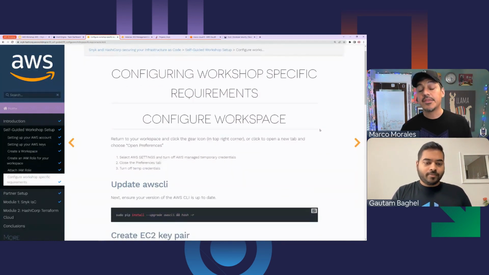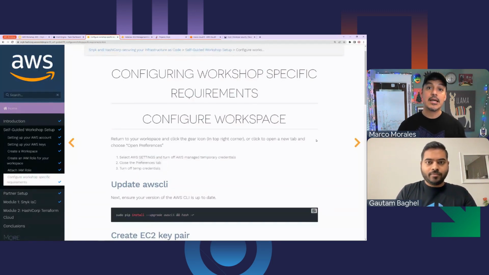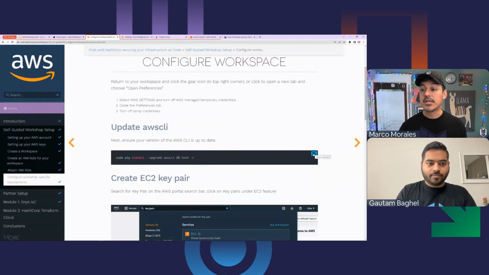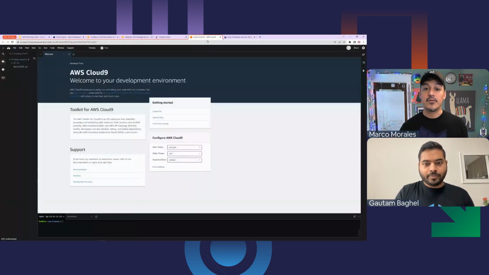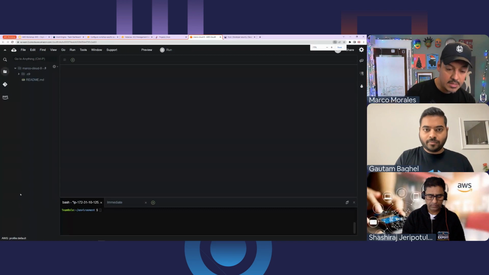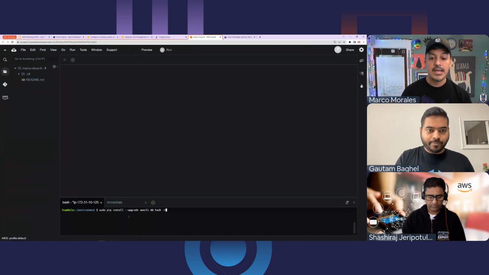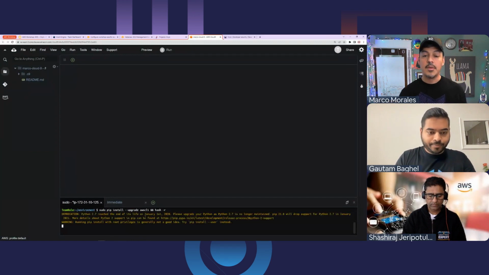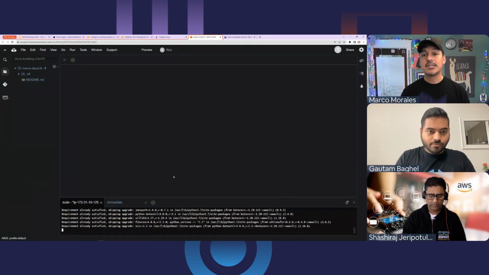So the next couple of things are going to be to install some tools. These are going to be highly prescriptive, just type-this-in kinds of commands. And what I can do is cut and paste these operations into your Cloud9 environment. When Cloud9 starts up, you'll have a default welcome screen. You can close that off. And I'll make this font bigger just for everybody so they can read it. I'll just start cutting and pasting the commands in here as we update the CLI and do things. A lot of times these things are already taken care of, so we're in good shape.